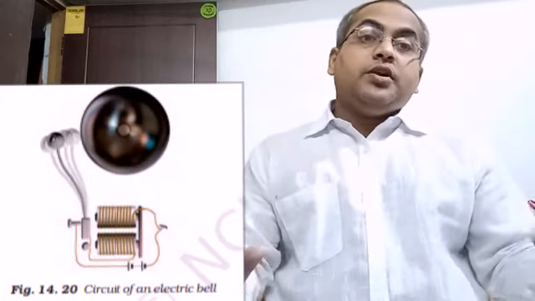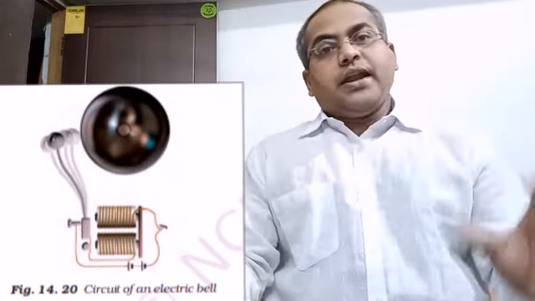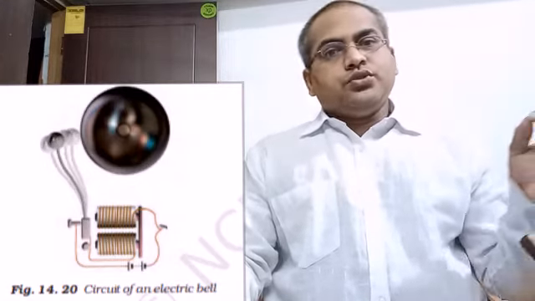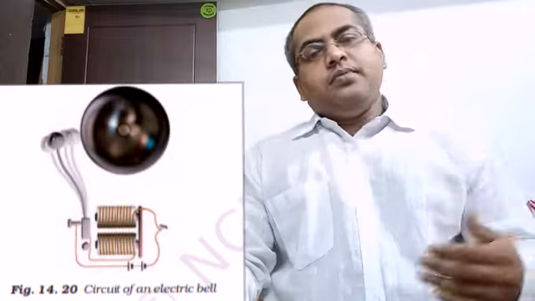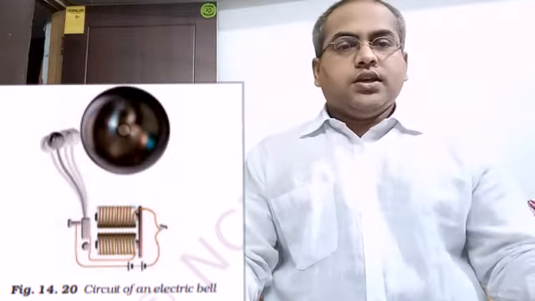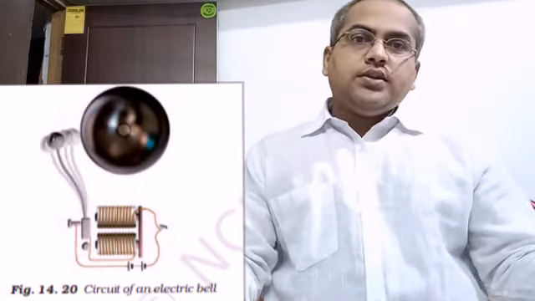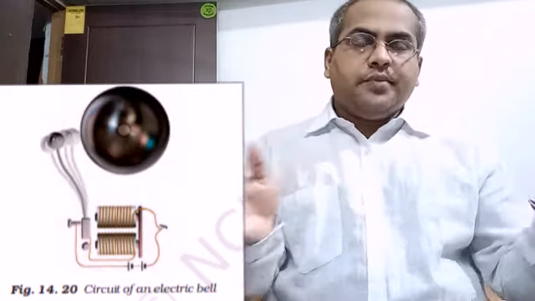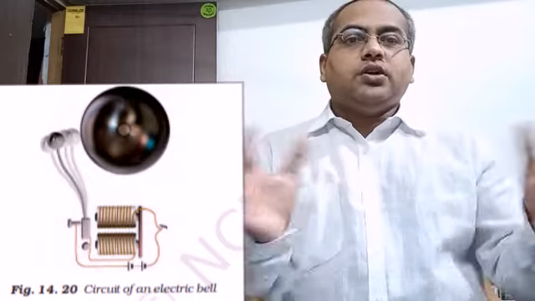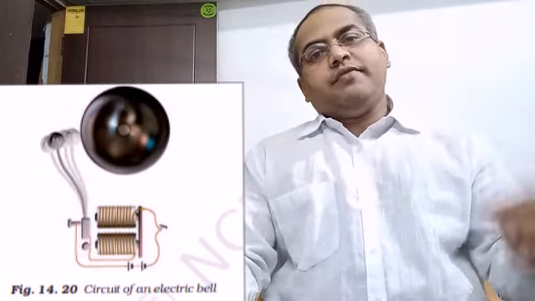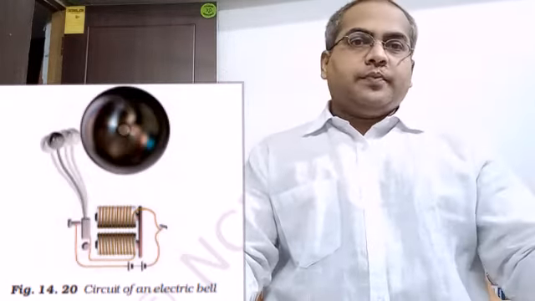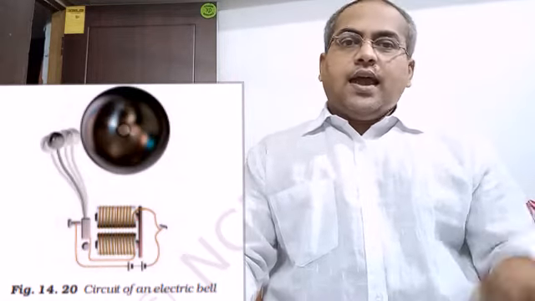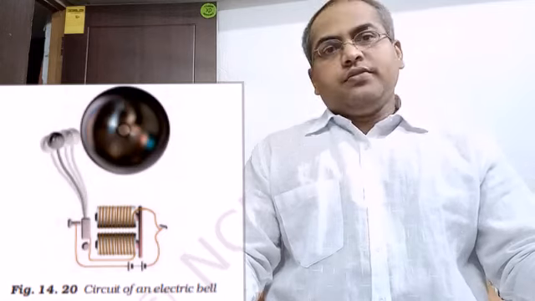I hope you are able to understand the magnetic effect of current, that whenever current flows through a wire, a little bit of magnetic effect starts working in the areas close to that wire. Some magnetic effect will be produced in the close proximity of that wire. I hope you understand this activity and the magnetic effect of current.